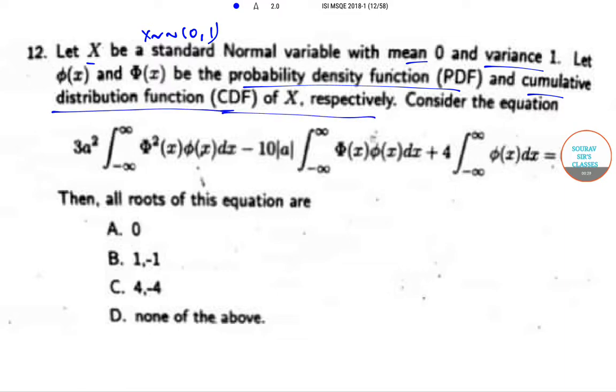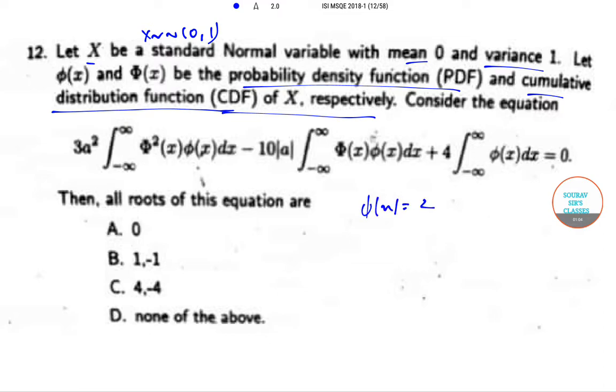respectively. Then consider the equation 3a² ∫φ²(x)dx from minus infinity to infinity minus 10|a| ∫Φ(x)φ(x)dx from minus infinity to infinity plus 4 ∫φ(x)dx from minus infinity to infinity is equal to 0. Then all the roots of this equation are, so let